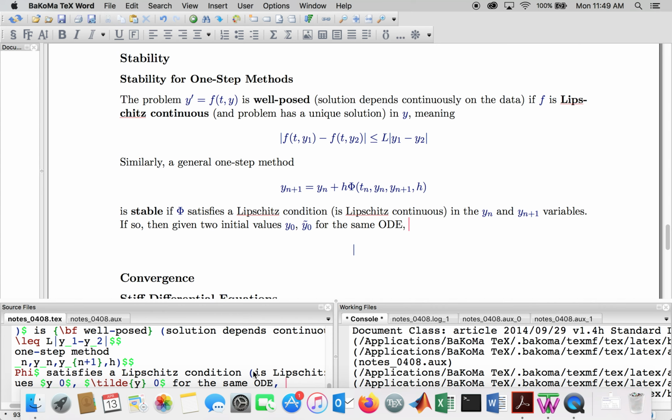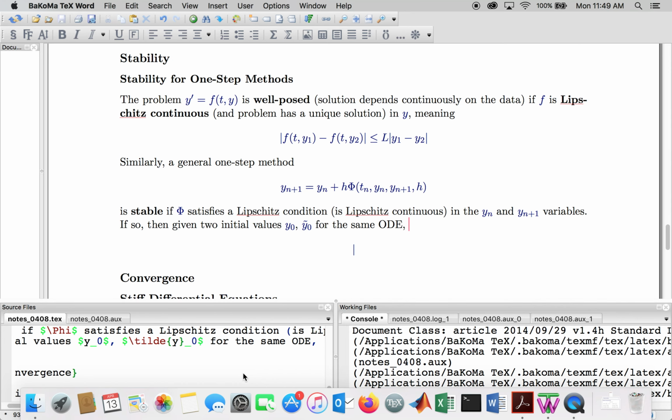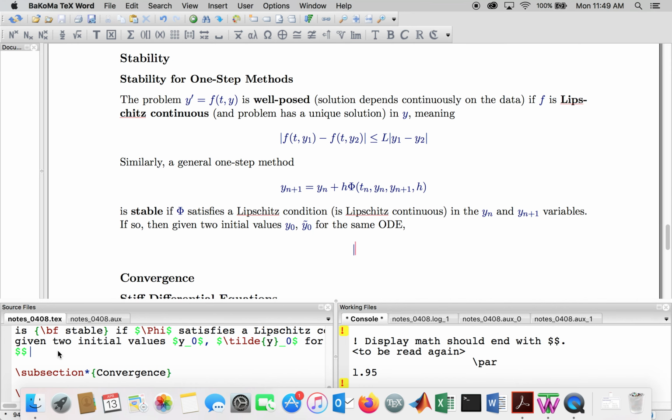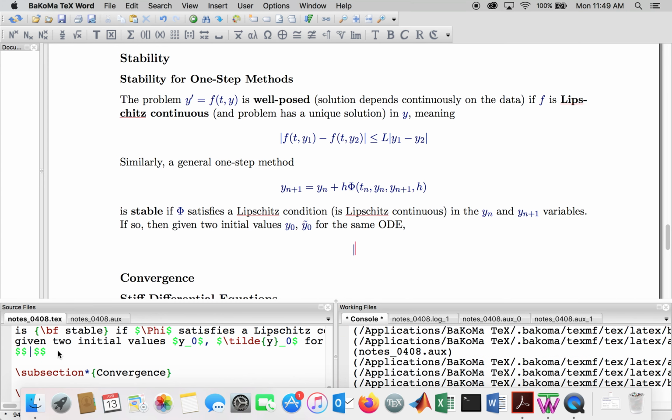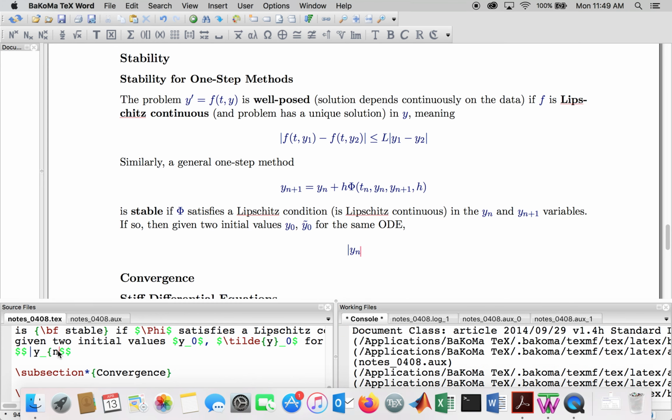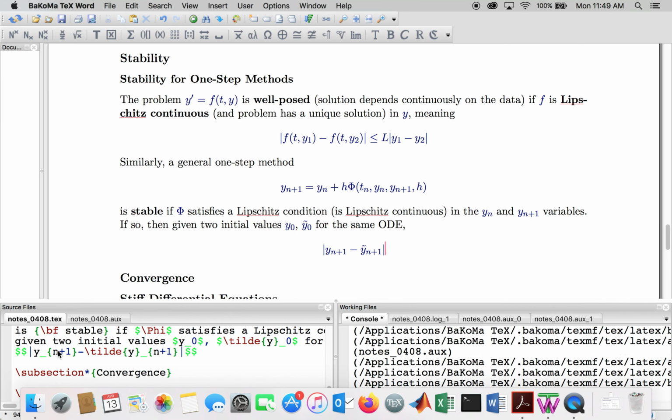So it's still the same f, just different initial values for the initial condition. Then we have the following: the difference y n plus 1 minus tilde y n plus 1 is equal to, just plugging y0 and tilde y0 into the method and time stepping,